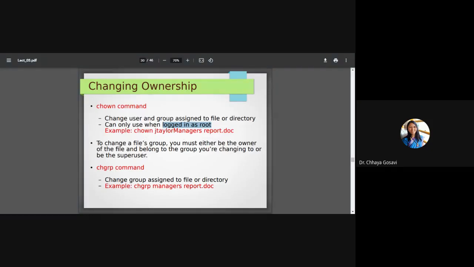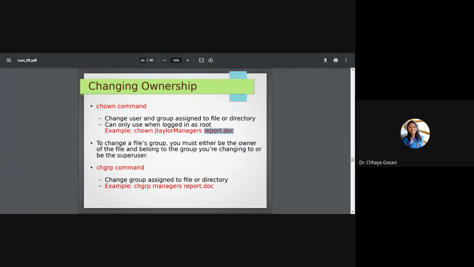For example, if I want to change the owner for this report.doc file, the command is chown, then the new user and report.doc, the name of the file. To change a file's group, you must either be the owner of the file or belong to the group you are changing to. So this is to change the owner. What will happen if I am the owner and I want to give access of this file, say hello.c, to Chinmay?